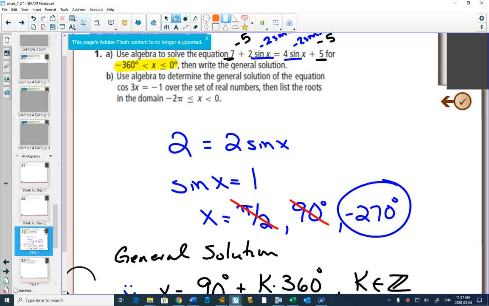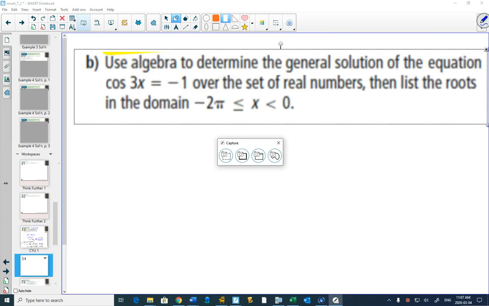For part B, use algebra to determine the solution of the equation cos 3x equals -1. First of all, do you recognize this as a multi-revolution question? Yeah. And if you have a multi-revolution question, how do we do multi-revolution questions? We first, okay,